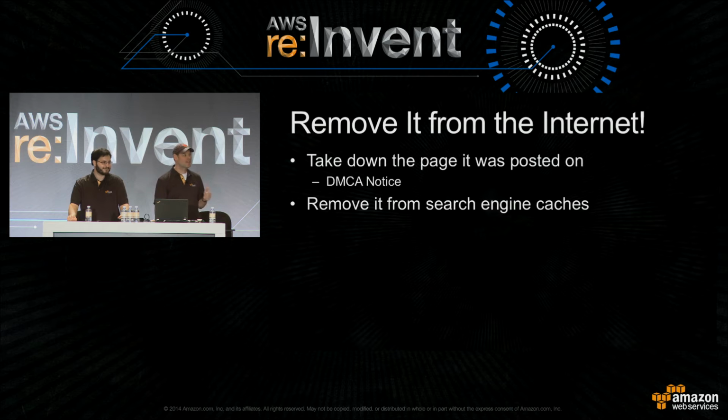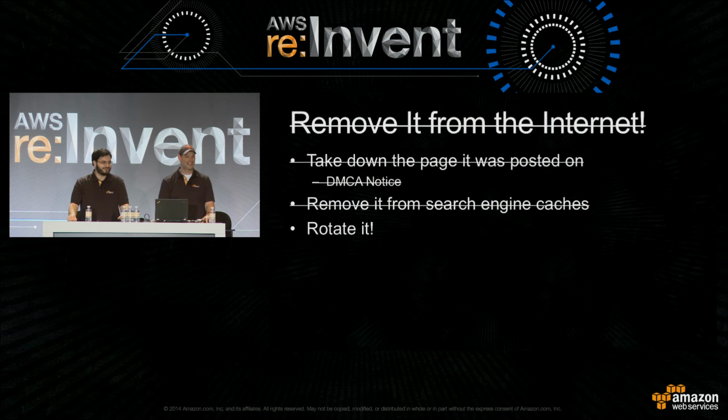Well, first of all, I'm going to have a stern talking to the intern and the project that he decided he was going to post on GitHub that had my AWS credentials in it. And after we get done with that, I'm going to go talk to that source code repository, and I'm going to delete that file. And then I'm going to talk to every search engine on the planet and ask them to delete their cache so that that's not on the internet anymore. And then we're done, right?